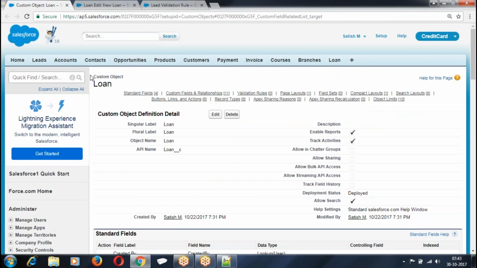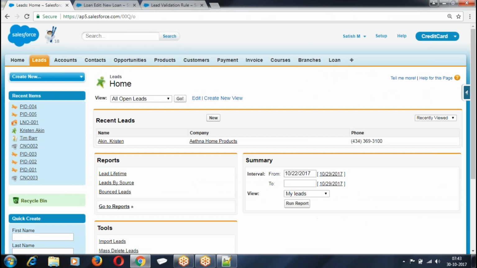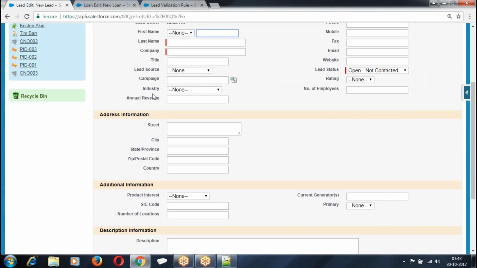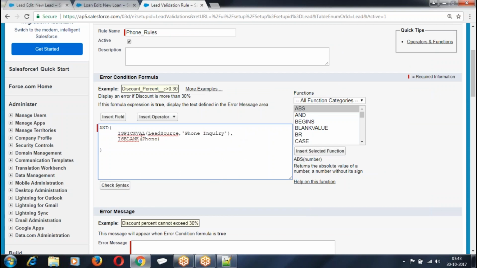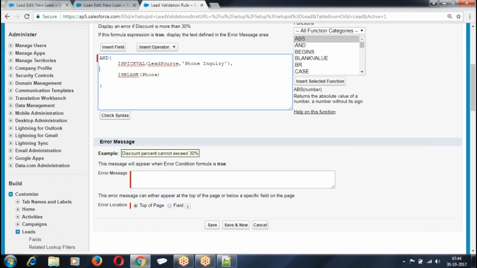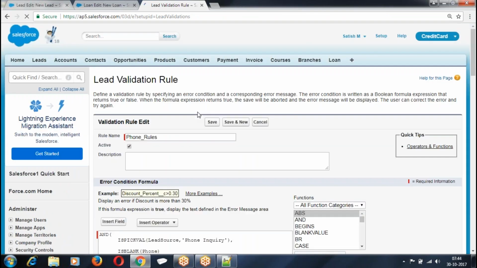On the lead object, if lead source is phone inquiry and phone number is blank, then throw error message.